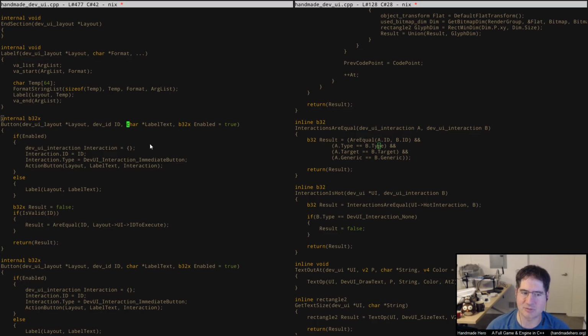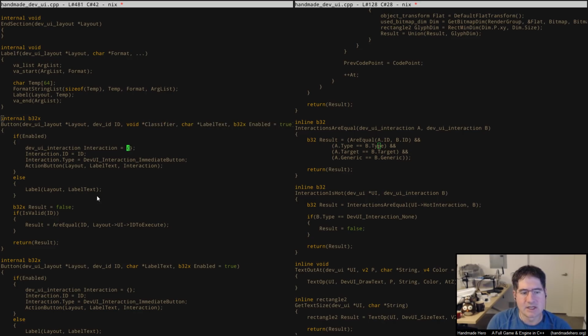So we know it's a button interaction, but maybe we want some other things. So I can add another thing here, some other operation, something like this,